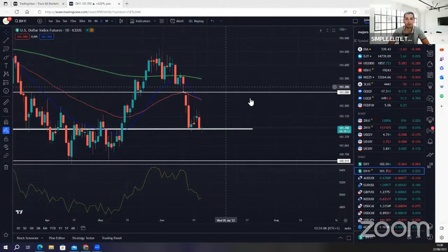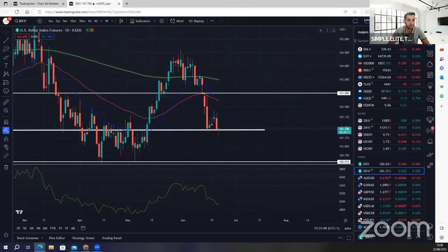Let me get the pen. Let me share the screen. Okay, so this is the dollar index chart. So we were talking about